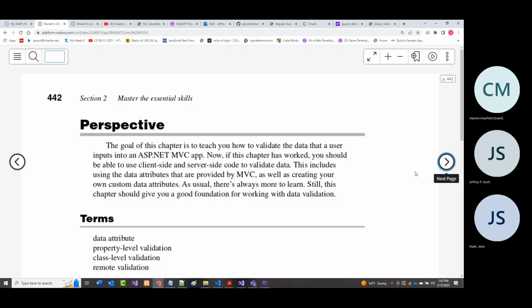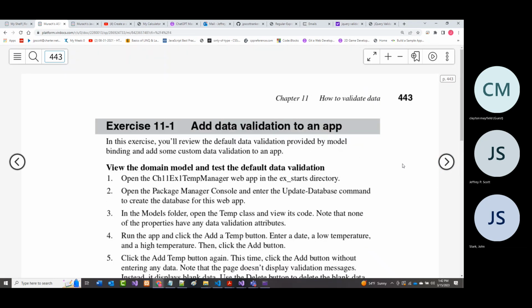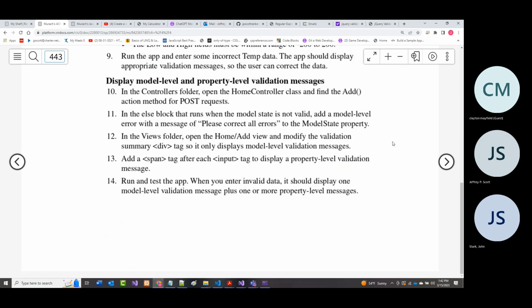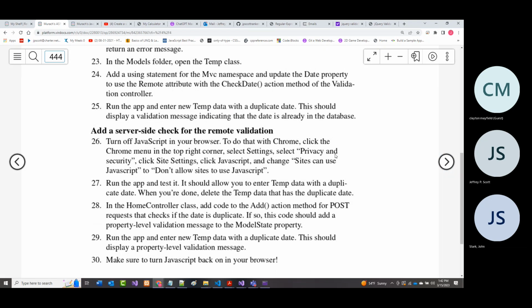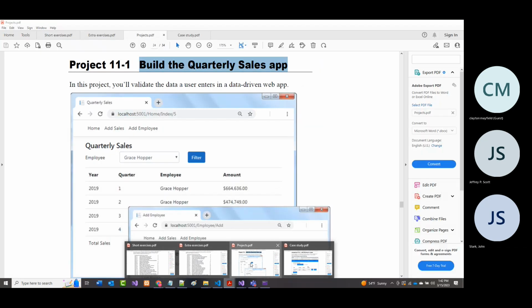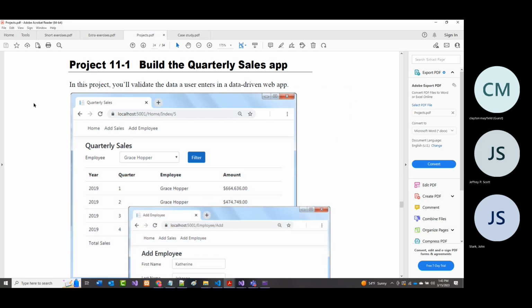And I'm done for today. I had no idea how long this would take. But I want to look at this, and I'm going to run through it right now. And if I think it's worth it, we'll start with that tomorrow. Regardless, what we will do tomorrow is go through this. We're going to build this together, this quarterly sales app. We looked at this a little bit earlier.